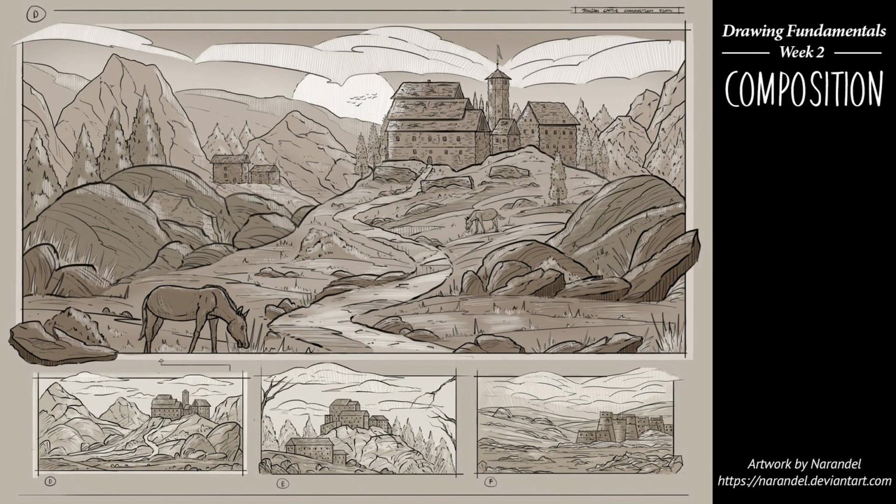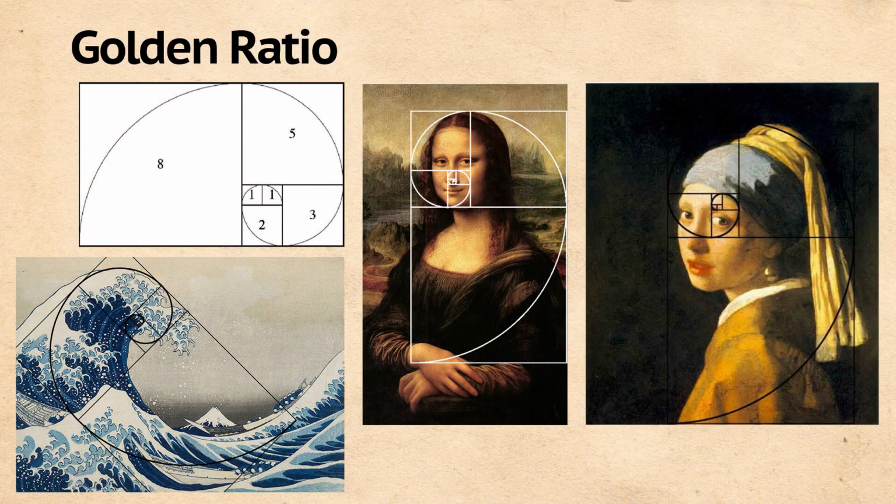Before we proceed with the design principles, I would like to cover three of the most basic compositional rules. The first rule is called the golden ratio. It is a derived number with an approximated value of 1.618. It is a proportion that is widely found in nature and man-made objects, ranging from architectural structures to works of